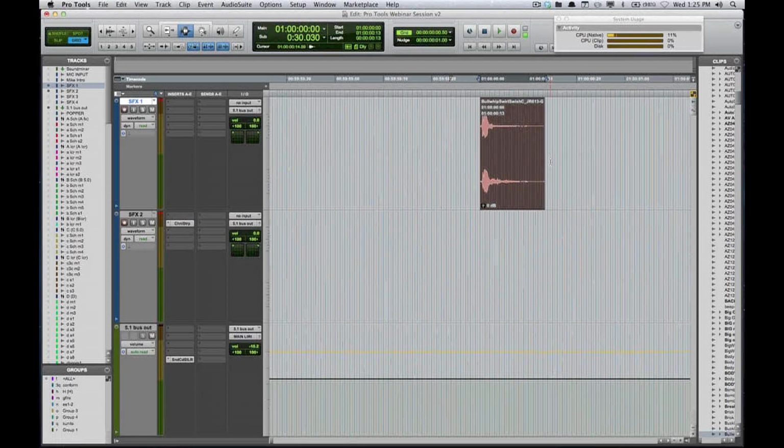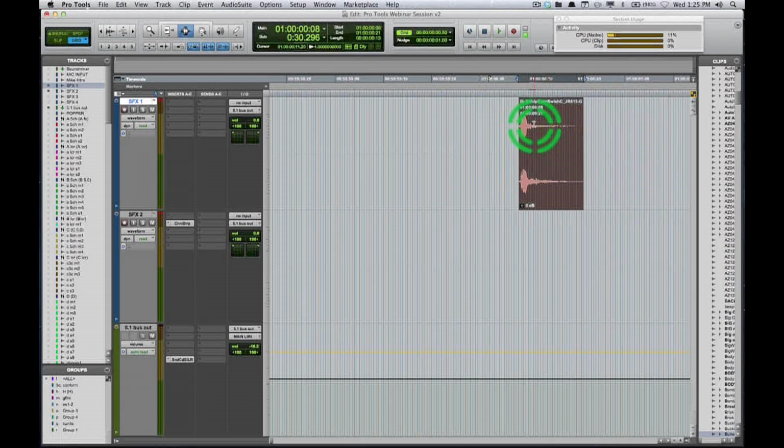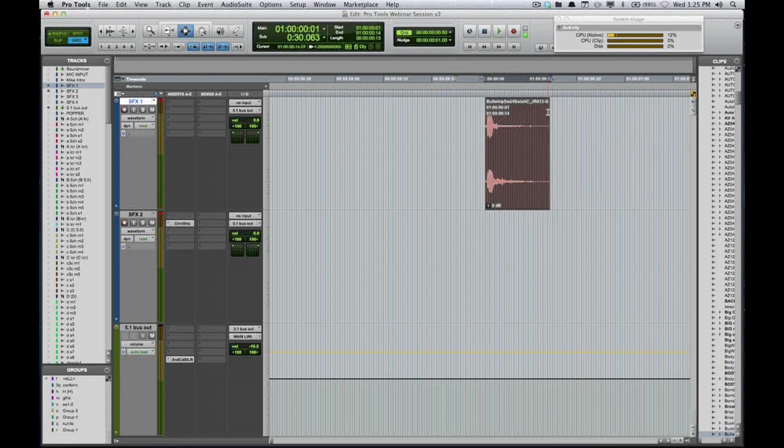Let's say, oh shoot, I moved it 7 frames too far forward, so I can literally just go 1, 2, 3, 4. Nope, I'm moving it in big chunks, which is good. I can see that, as I'm nudging, I can see what's going on. I move this 1 frame, 2 frames, 3 frames, 4 frames.